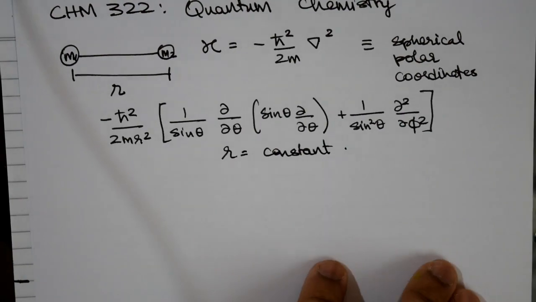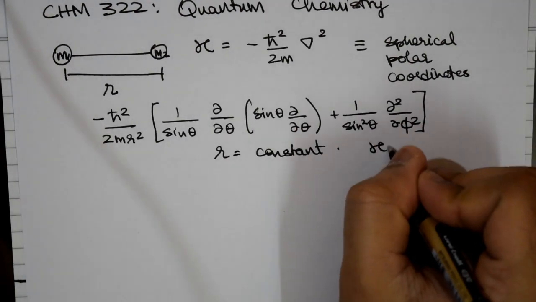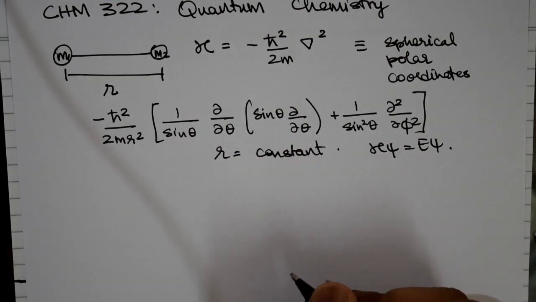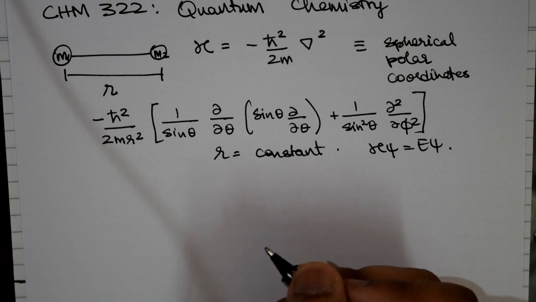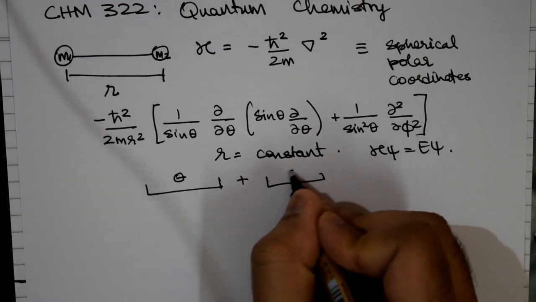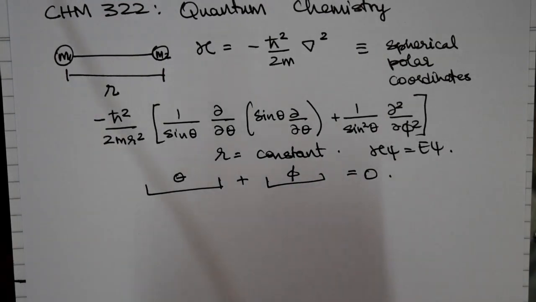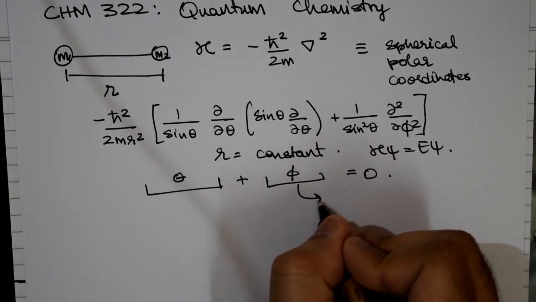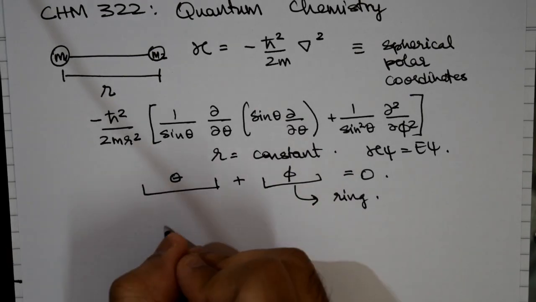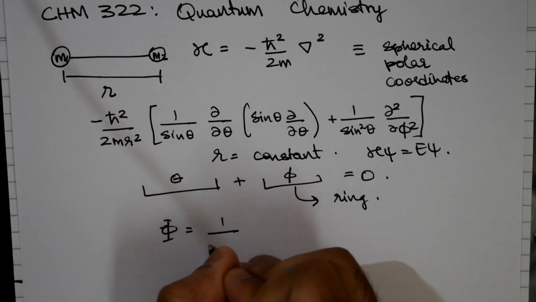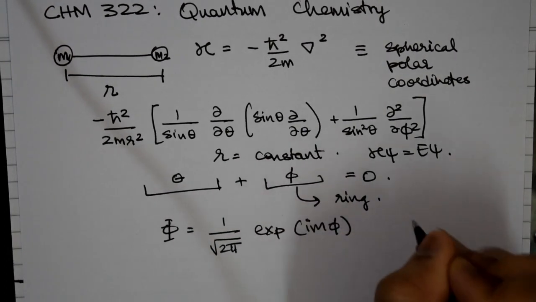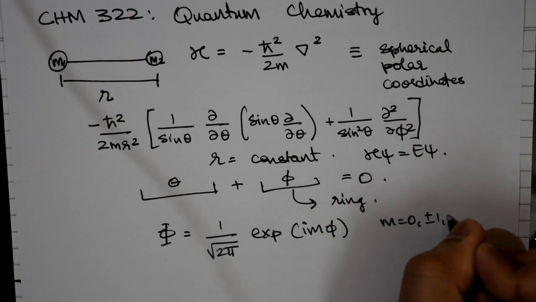After having done this, we set it to motion with the H psi equal to E psi equation. Having done that, we were able to break this entire equation into a part that contains only theta plus a part that contains only phi. Then we equated it to 0. And we were able to realize the phi part was indeed the solutions for particle in a ring, and therefore the capital phi portion comes up as 1 over square root of 2 pi exp i m phi, where m can take the value 0, plus minus 1, plus minus 2, and so on,